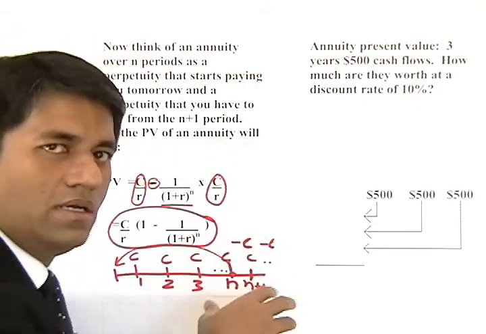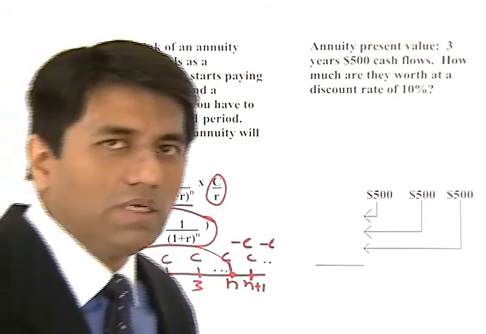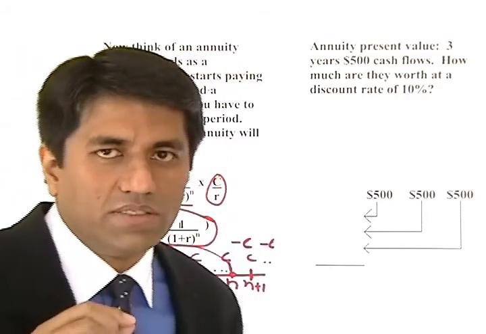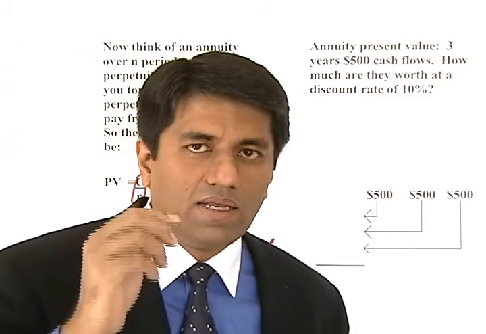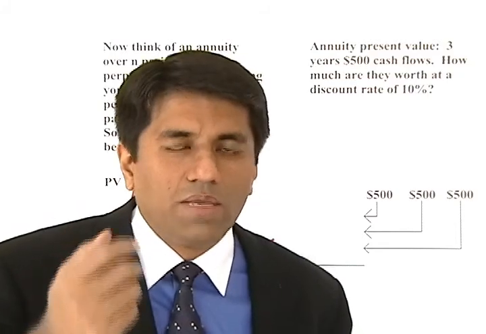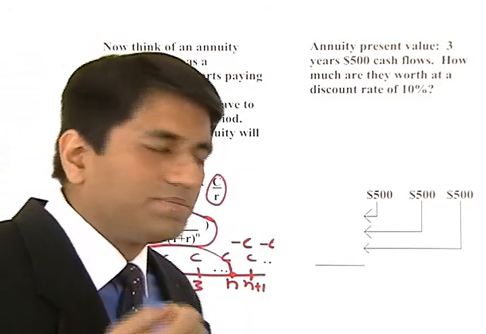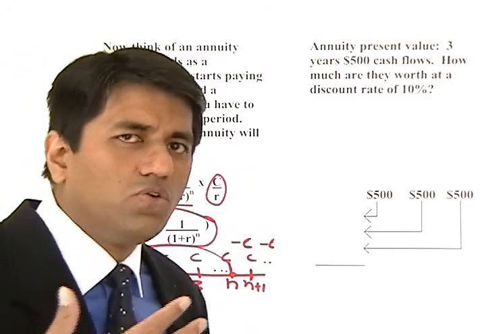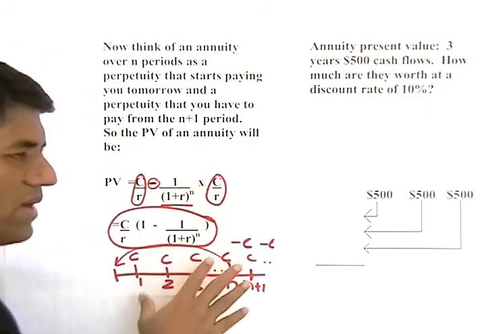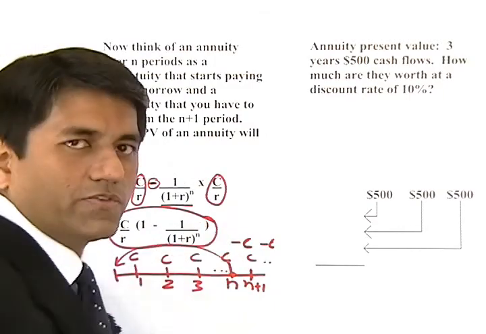So why did I take the trouble of breaking it up into two perpetuities instead of directly giving you the formula? Because I want you to understand. There should be no mysteries when I teach. I would like you to understand what is going on, because if you understand what is going on, then you shall have a much better ability to do some work rather than if you memorize formulae. So that is why I explained to you from where the annuity formula comes from.